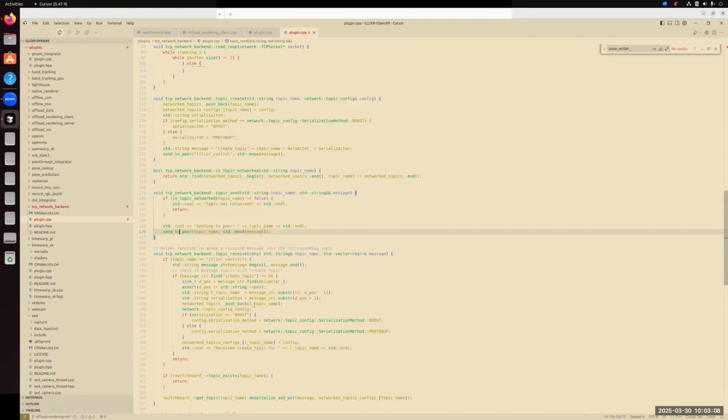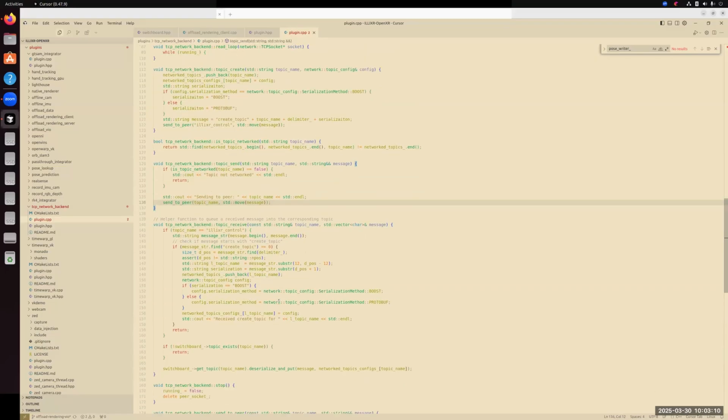This is how we receive a message from the runtime and deliver it to our Illixr runtime on the other end, whether it's a server or a peer in a multi-client scenario. It's all doable within this network backend interface.